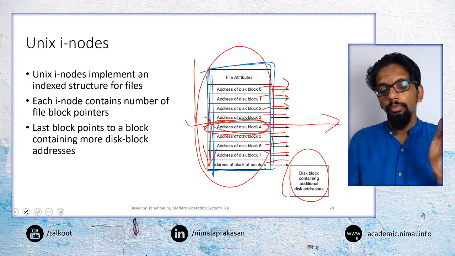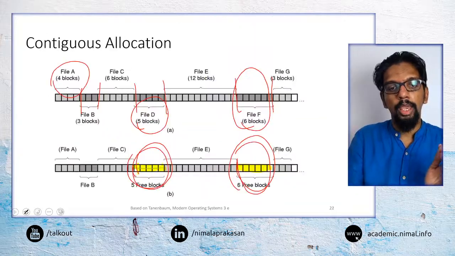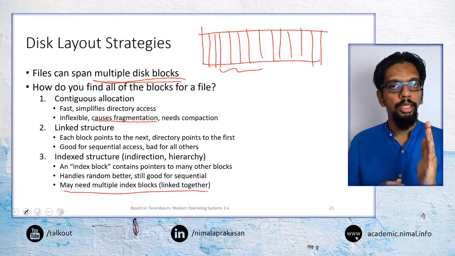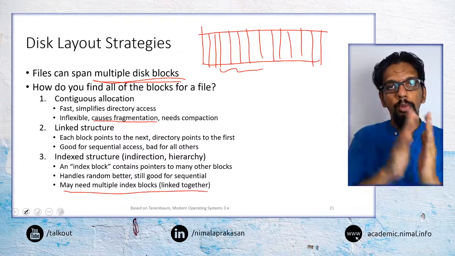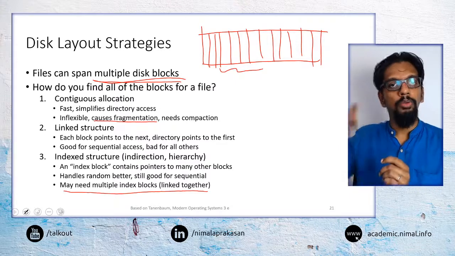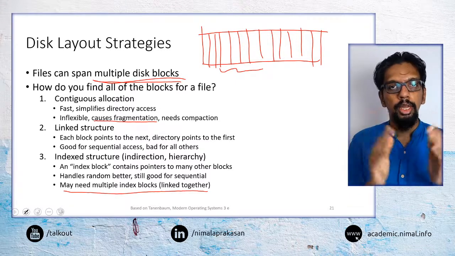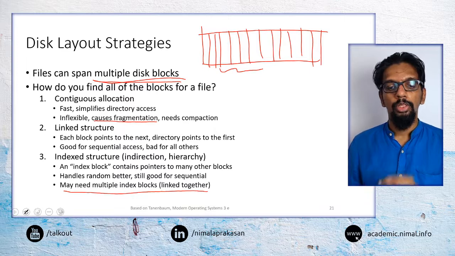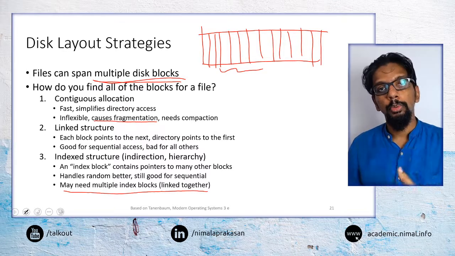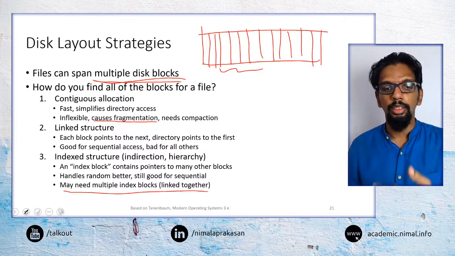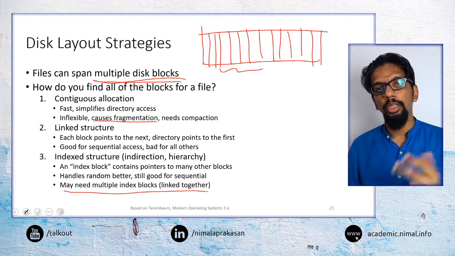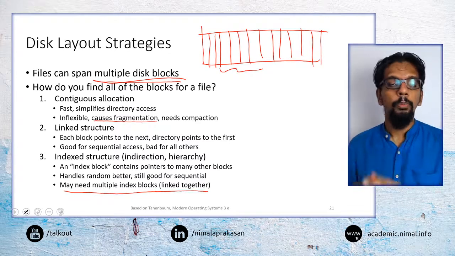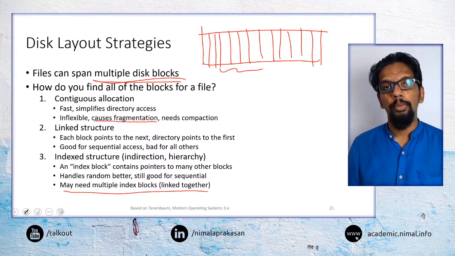So what we have is we have 3 mechanisms here. Continuous allocation, where we are storing blocks one after the other. Linked list structure, we point from one block to the other, and the pointer of that block will be found on the next block. And index structure, we have all the pointers in a single block, so we can easily go to another block. So index structure will be much more suitable for random access as well as sequential access. Linked structure is more suited for sequential access, and continuous allocation is a fast and easy approach, but not suitable, because it has fragmentation problems.